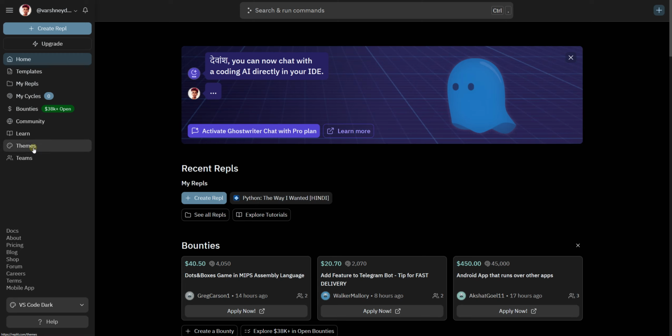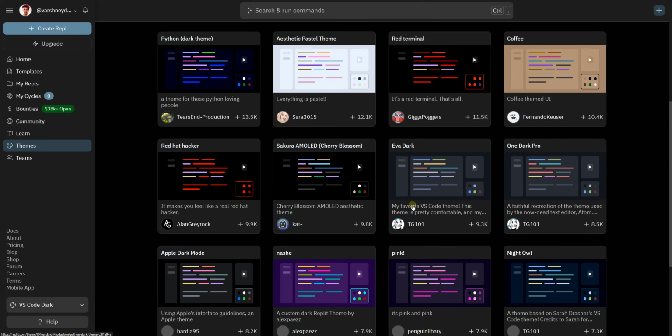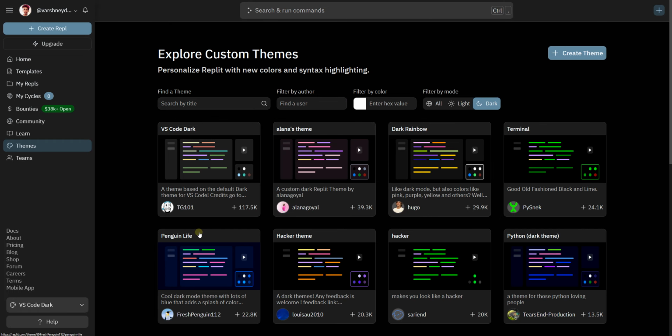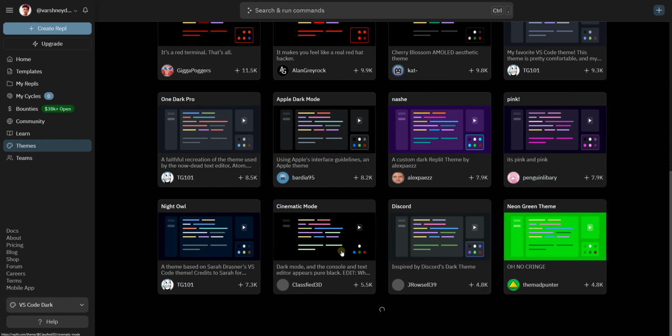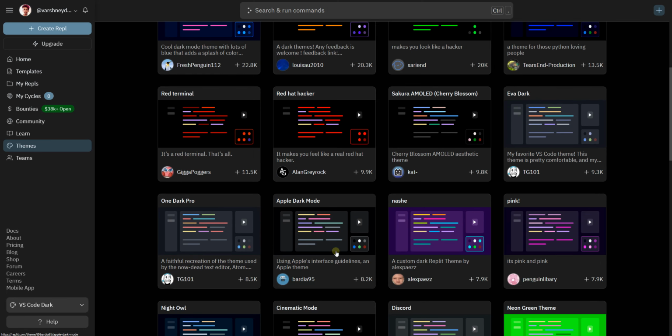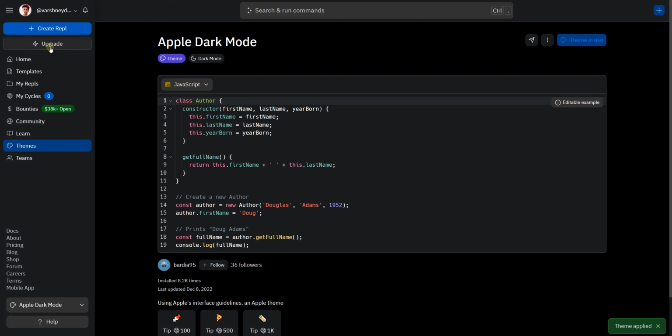The first thing I did is change the layout, because you're gonna see the layout in a white background, which kind of hurts the eyes. So I just installed this. All you have to do is click this and it will start installing. And if you want to change any theme, you can change it. You can select from here, the dark ones and all the themes, whichever color you like. Ash is good. You can even use the Apple dark. Okay, apply. Let it install, and now it's applied.